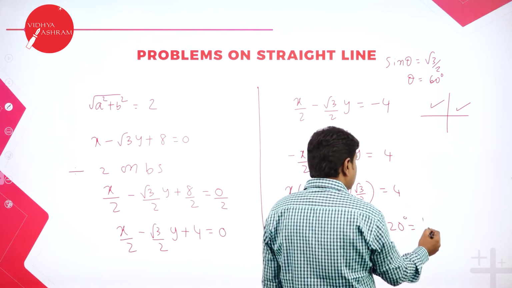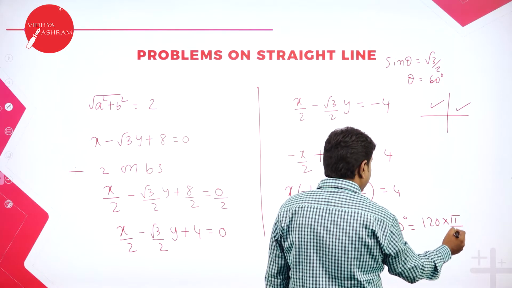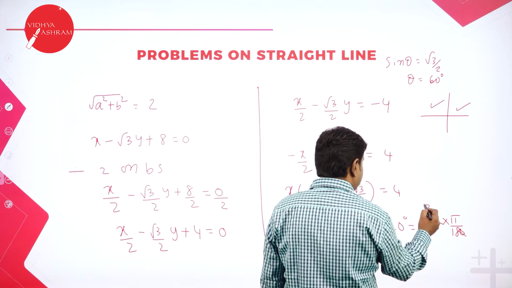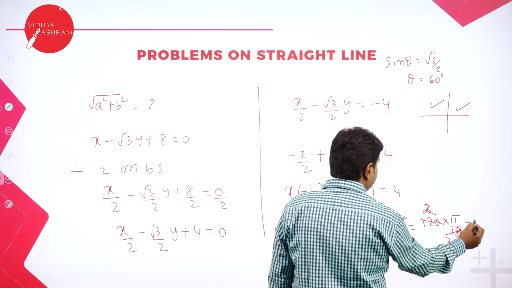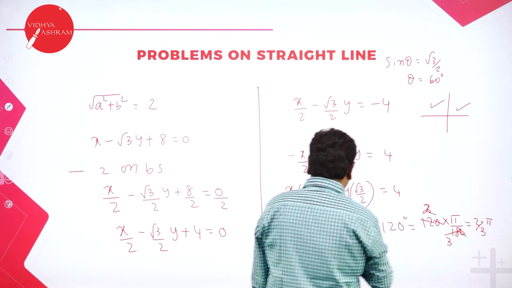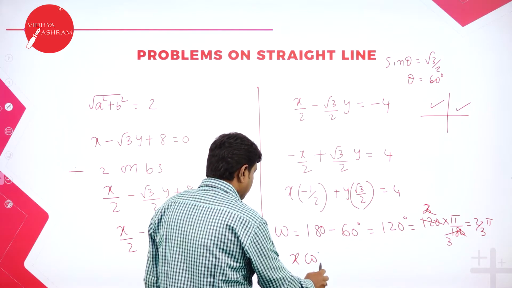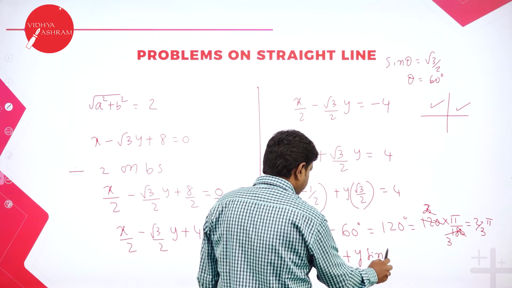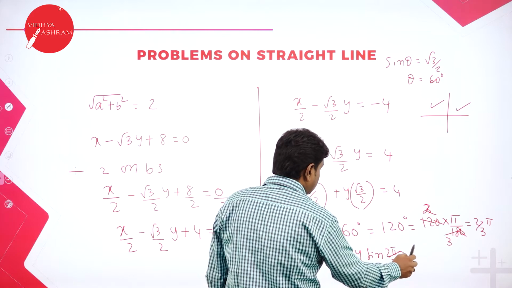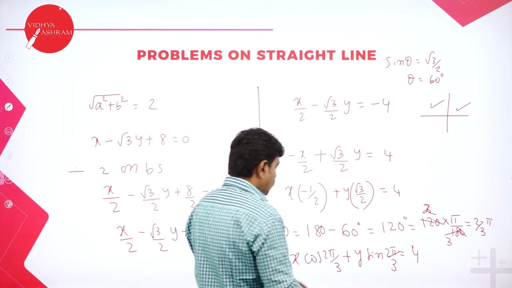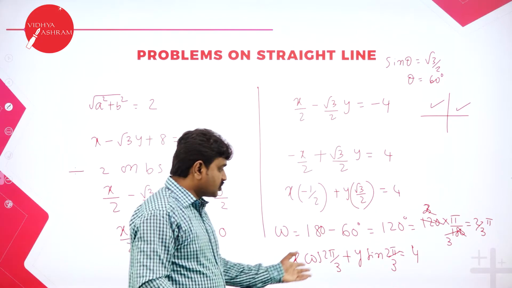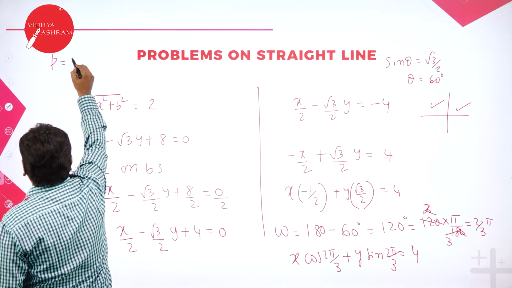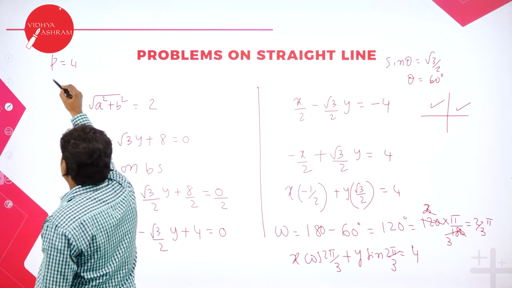120 degrees can be written as 120 into pi by 180. I am converting into pi. The zeros cancel, 6 twos are 12, 6 threes are 18, so it is 2 by 3 pi. Now you can rewrite this as x cos 2 pi by 3 plus y sin 2 pi by 3 is equal to 4. Now this is in the form of x cos omega plus y sin omega equal to p. So distance p is 4. 4 is the perpendicular distance,